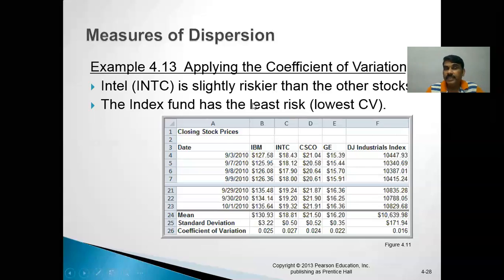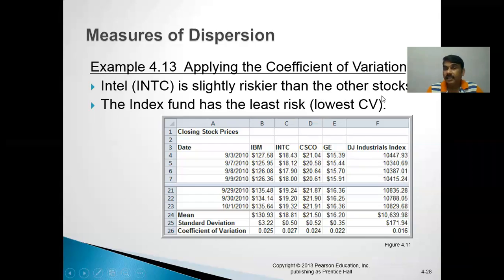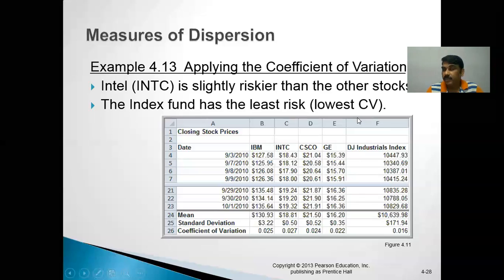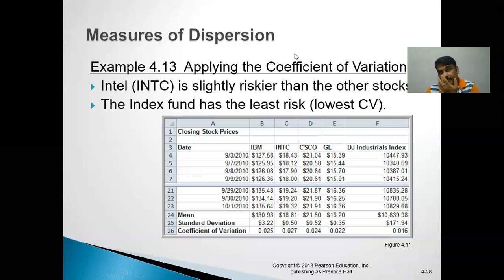And now here the same thing that we have discussed, applying the coefficient of variation, Intel INTC is slightly riskier than the other stocks. The index has the least risk, the lowest coefficient of variation. So according to these values, the least value they have here is 0.22, and the industry index also has a different value, that is 0.16, right? So coefficient of variation basically makes the study more refined as compared to standard deviation,